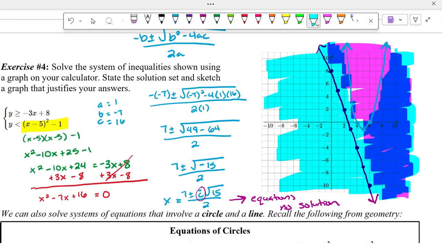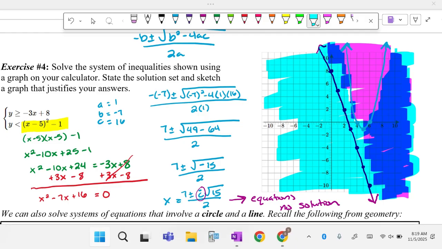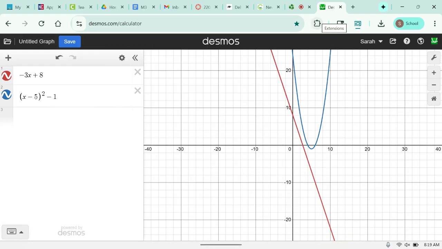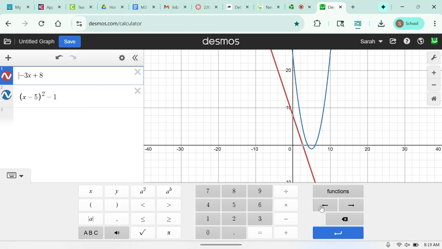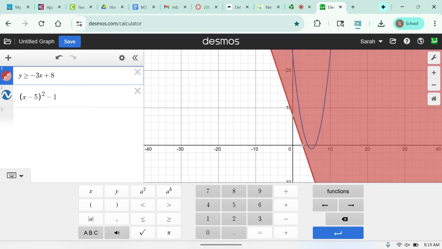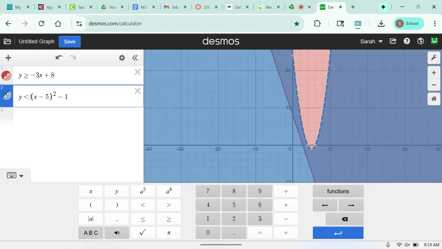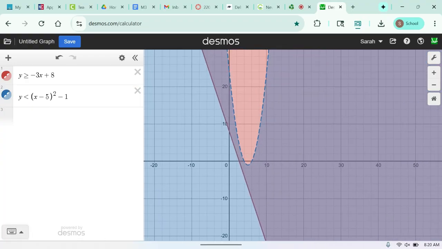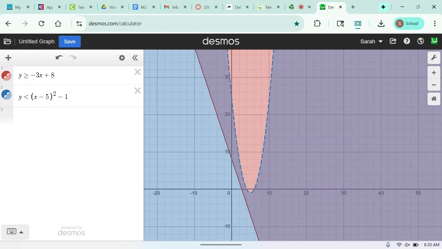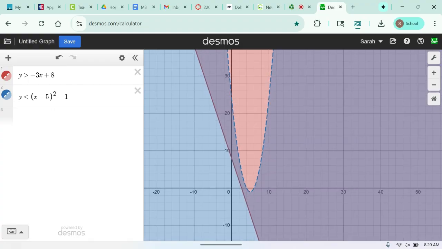So remember, our system is where the overlap is. We can double check this in Desmos, which will give us a little bit of a better picture. I'm just going to type in our inequalities. So this is y is greater than or equal to, and y is less than. If we look at this picture, our system of solutions will be